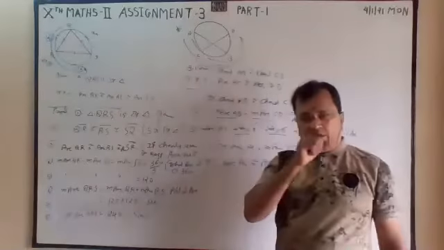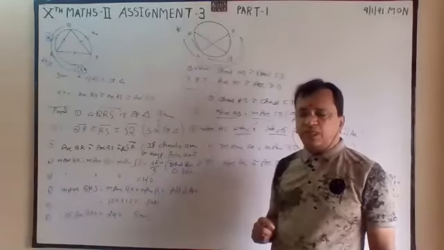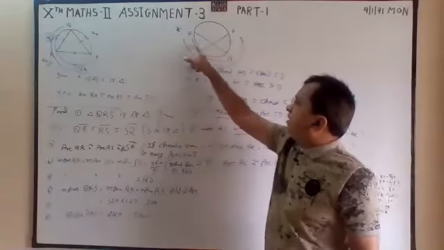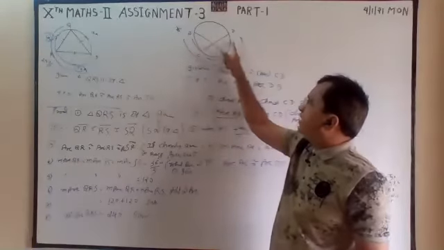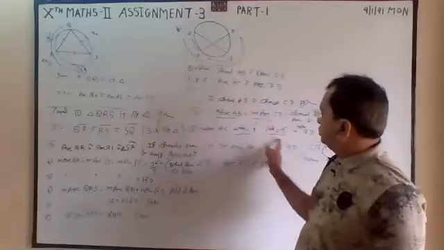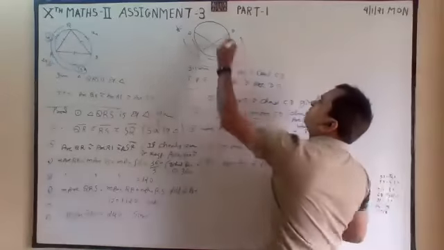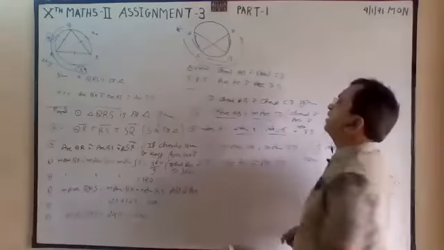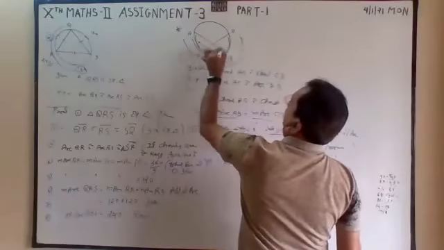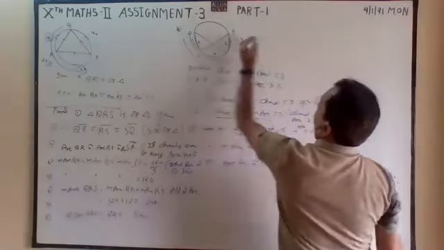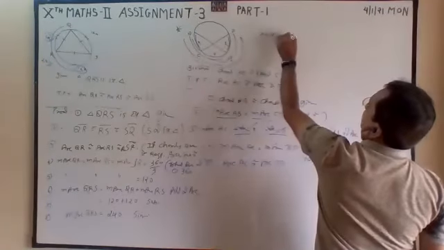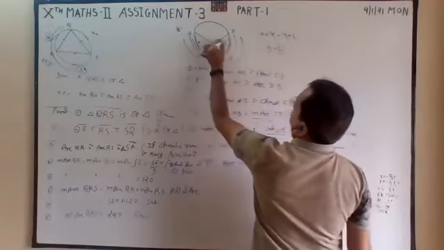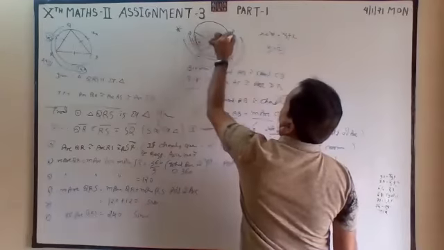Two chords are congruent, so two arcs are congruent. And these are made up of 1 and 2 parts. This arc is made up of 1 and 2 parts. This part is common in both. So cancel. So only this much part will remain. That is equal. For example, this is x, y and z. If these are equal, x plus y is equal to y plus z. So y cancels. So x is equal to z. So we have proved this.